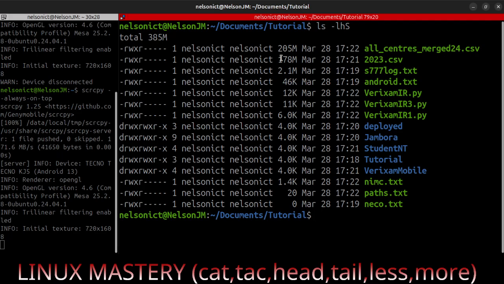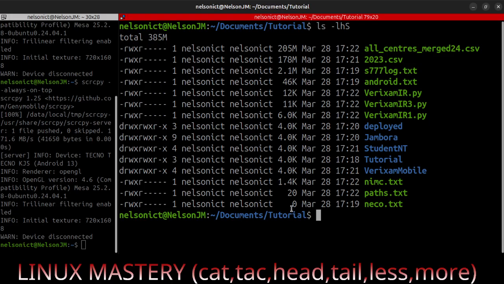We have another one that is 198 megabytes. It's called 2023 CSV. We have a log file that is 2 megabytes. We have a 46 kilobytes file, and then we have some Python files that's barely around 12 kilobytes, 11 kilobytes, and then we have 0